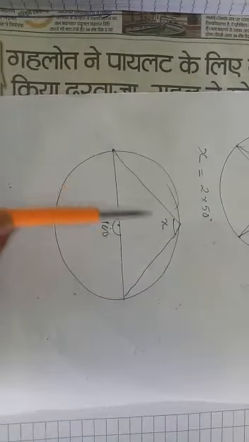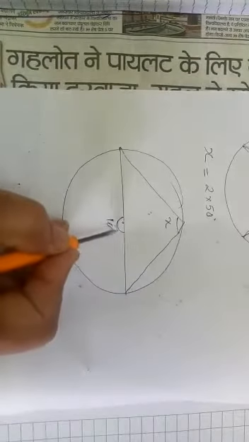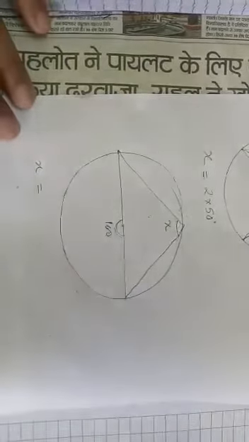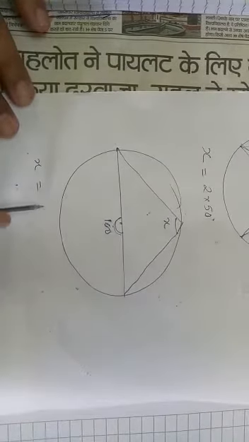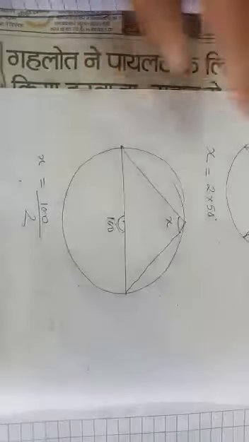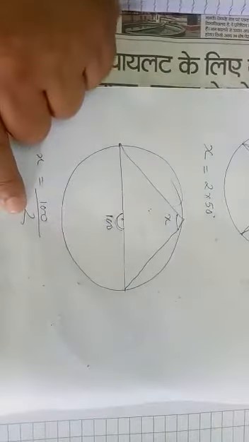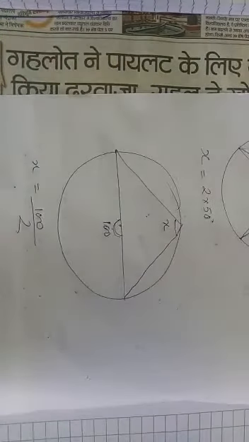Now you see, the same triangle is made, but here the center is given. We have to find the far angle. And the center is given, then it is half. When we have to find the center, it is double. When you have to find the far angle, that is half. What is the theorem of this second? The angle inscribed by an arc at any point on the remaining segment of a circle is half the angle subtended at the center by the same arc.